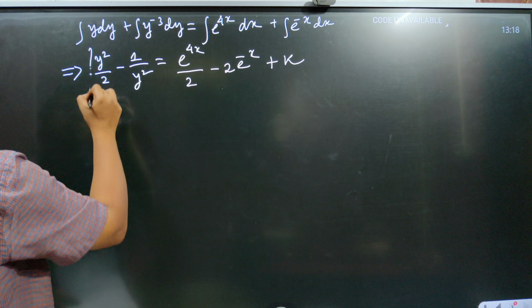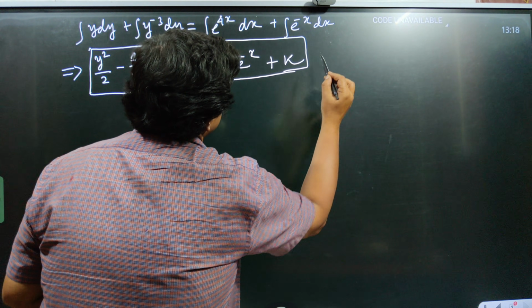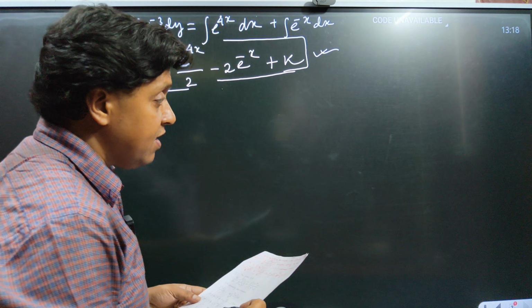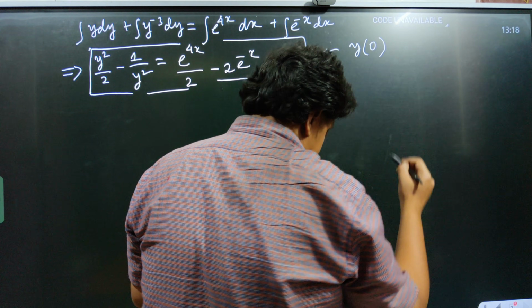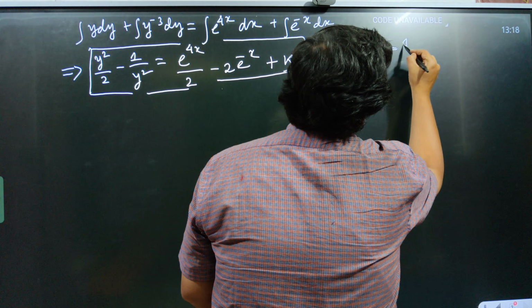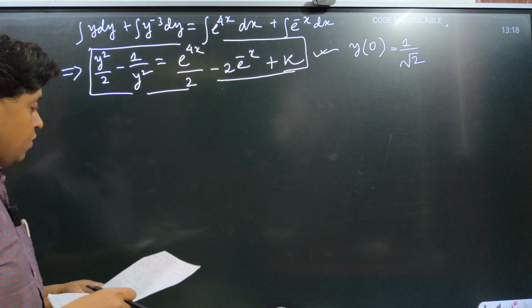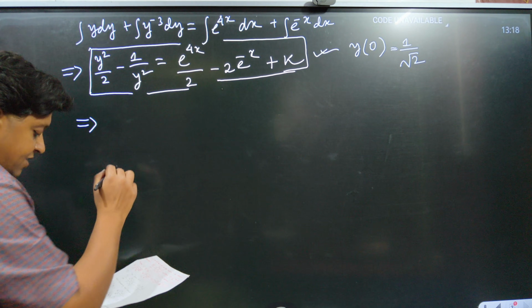So now we are in a position to use the given initial condition. What was that? I hope you guys remember that. That is y at x equal to 0 is 1 by root 2. So upon making use of that, as you can see,